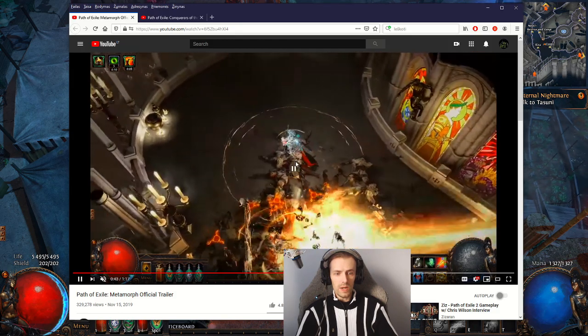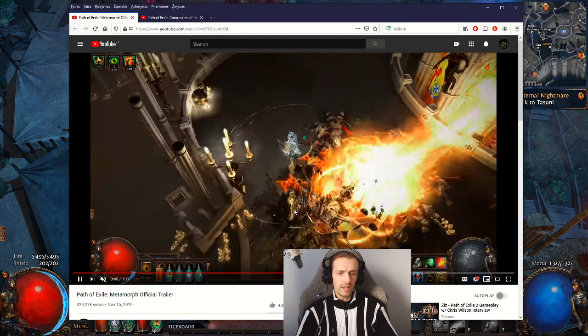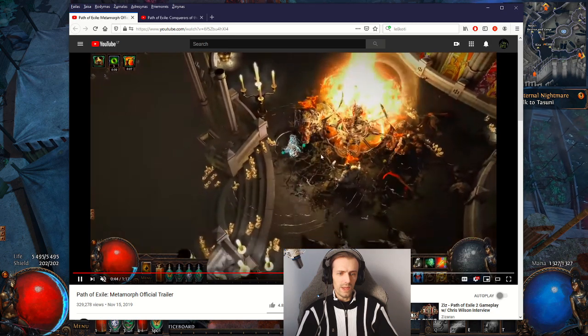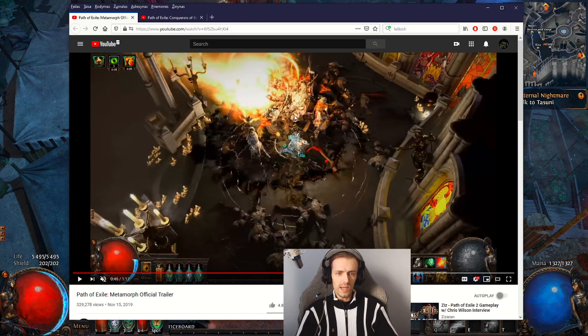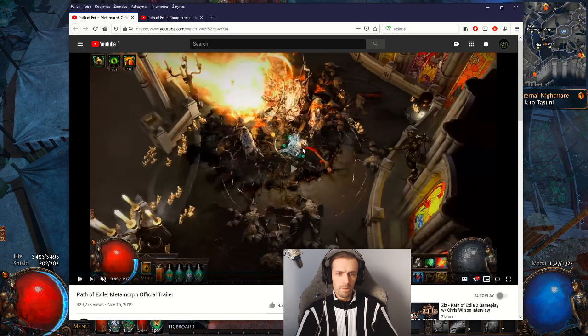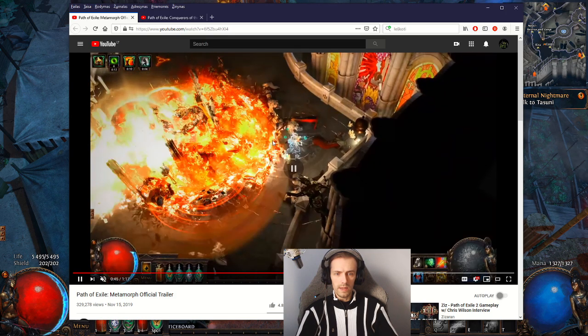this boss, this is by the way Metamorph boss from the new league. He summons something, and I believe those summons explode. You do see that it stacks more explosive arrows, but I'm not sure if this explosion is not explosive arrow. I think you can see the explosive arrow, this kind of faded transparent ring. This is from explosive arrow, but this